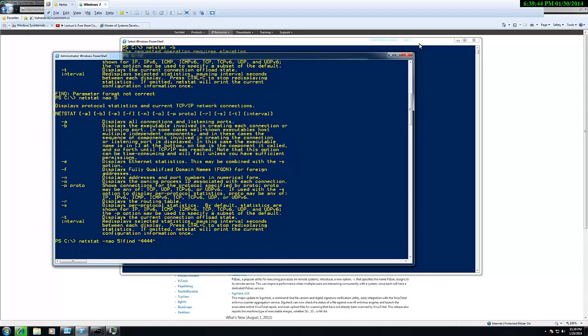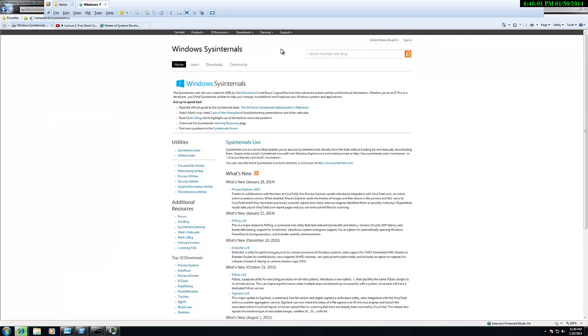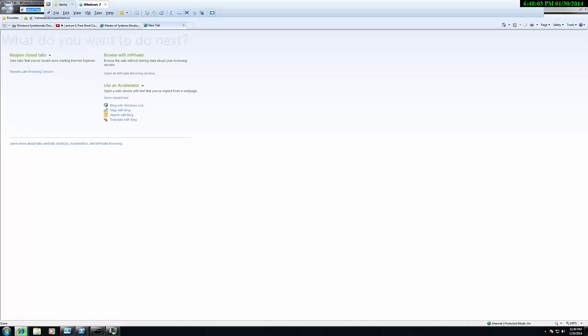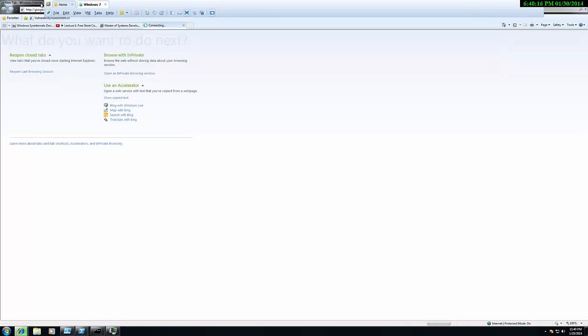It will now look into the net statistics every 5 seconds. It will try to find port 4444 and see if there's any activity. Why did I give the example as port 444? Let's say you find an issue in port 444. So if you go to google.com